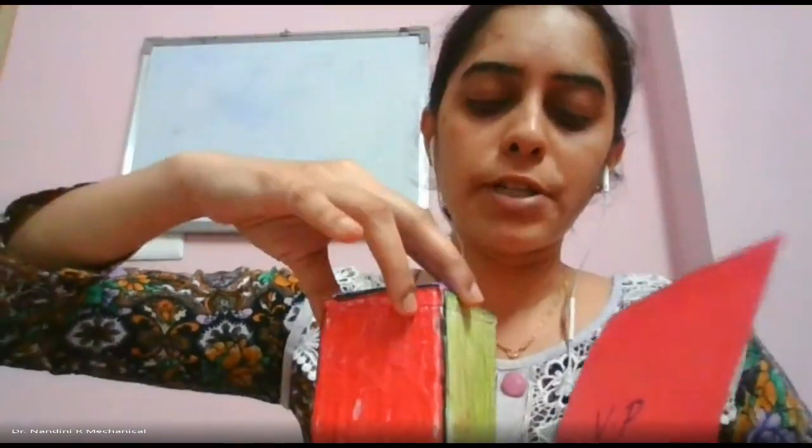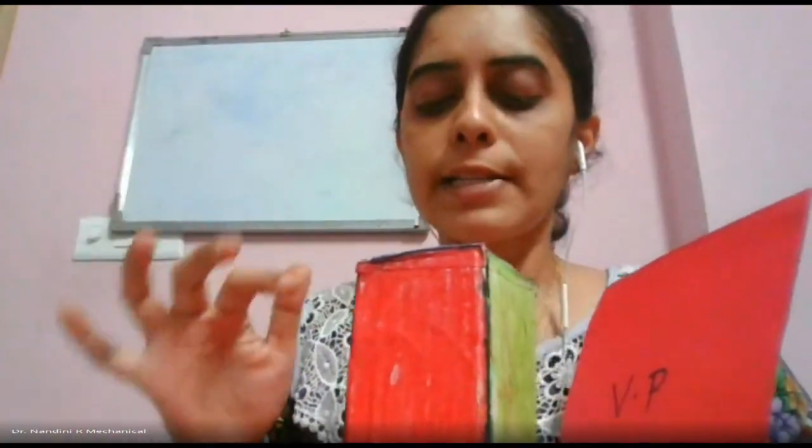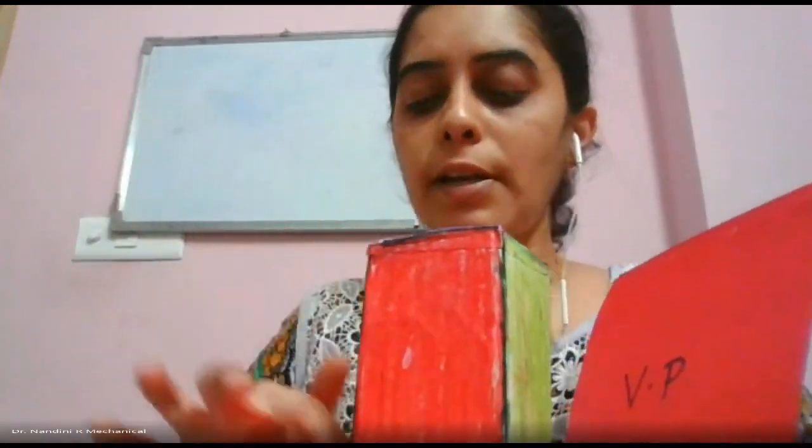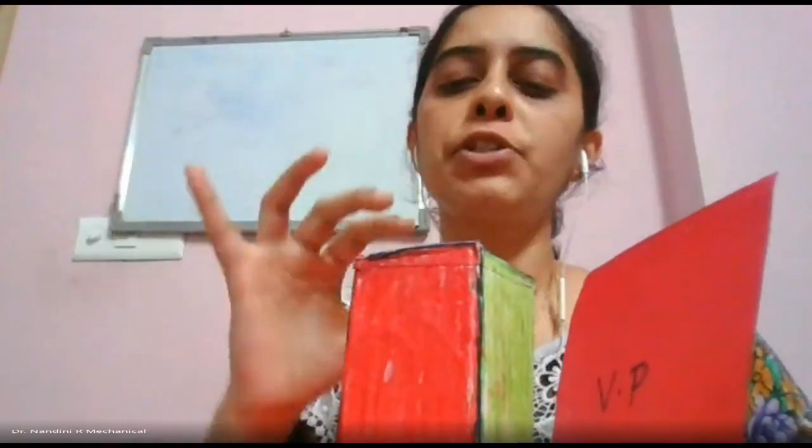So if this is our horizontal plane and the vertical plane, we will have the square prism. If it is resting on one of its sides, you will keep it in a regular square way. If it is resting on one of its corners, you will shift it in such a way that the corner will be focused on both sides, not on the edge, such that when it is resting on one of its corners, the square base sides will make equal inclinations. So when you view from the top, you will just see a square inclined in this position. So if we tilt the horizontal position, this will be the actual square.